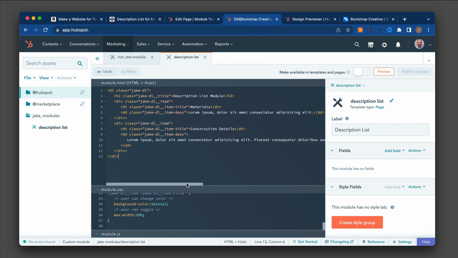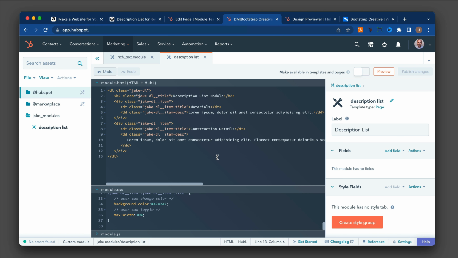The other thing I wanted to note here, there's two different ways of creating modules. I'm using the browser version in Design Tools just because for me it's easier to visualize what I'm doing. But you definitely can create it using the command line. In the description of this video, I'll have links to how to do that. But usually my workflow is I create it in the browser and then get the basic content in place, and then I pull it into my local development and make changes from there. For me, it's just a little easier.